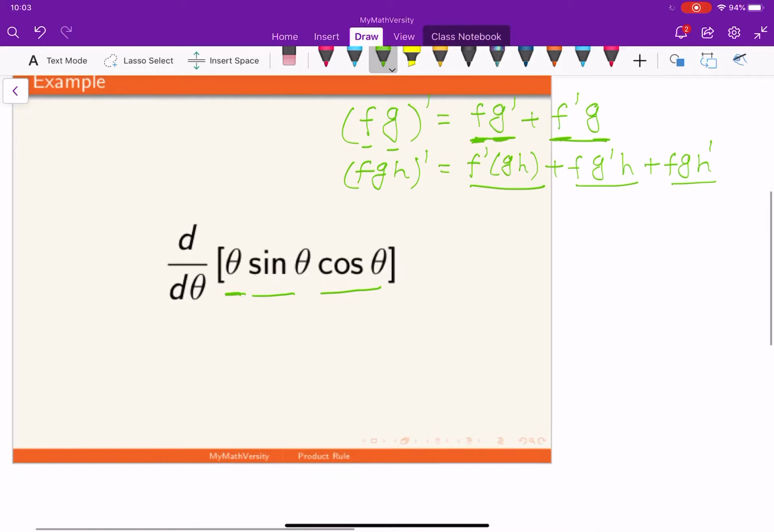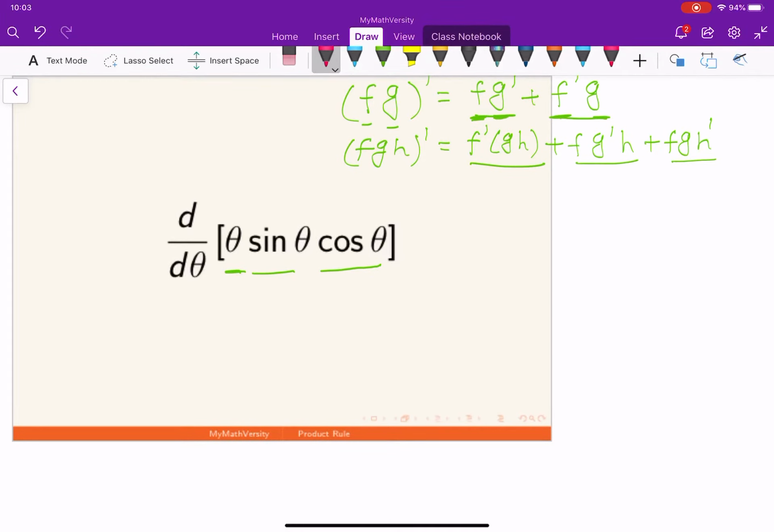So if that is the case, why don't we just use this type of procedure to find the derivative of the product of three functions? What is the procedure here then? Just find the derivative of theta with respect to theta, right? And then multiply this derivative with the product of the remaining functions,